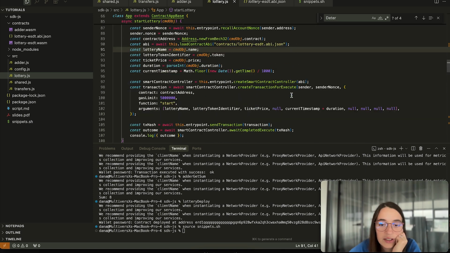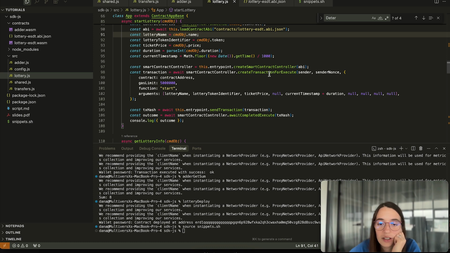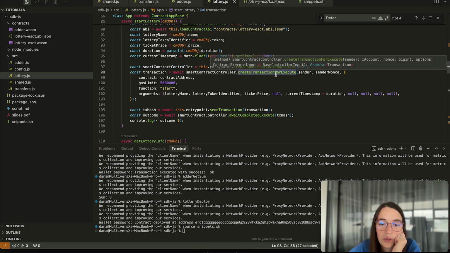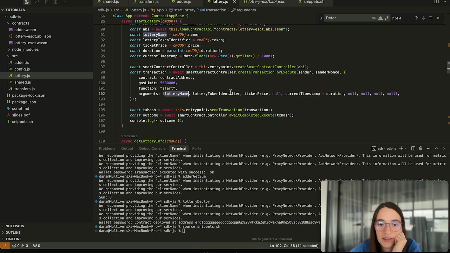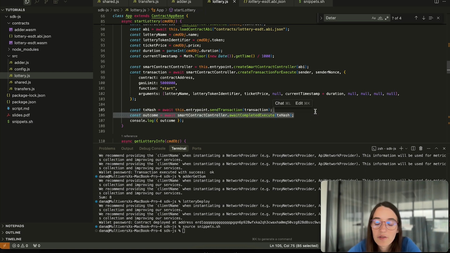Because of this, we get all the input parameters. And for the arguments, because we create a smart contract controller, and when we create a transaction for execute, we pass the lottery name, token identifier, price. We don't pass anything for the max entries per user. We pass the deadline, and we are not interested in all the other parameters. If you want, you can just add them. Then we send the transaction, and we wait for the transaction to be completed. So this is the